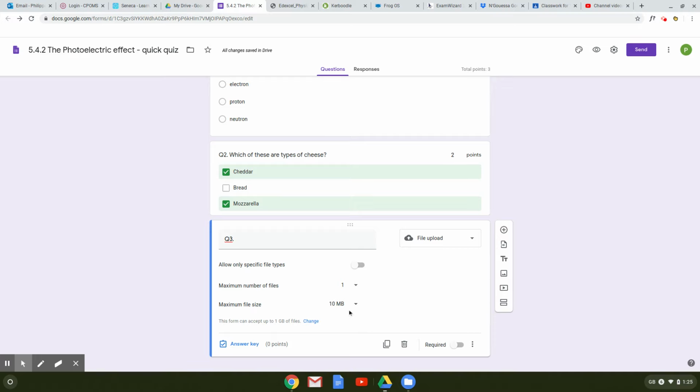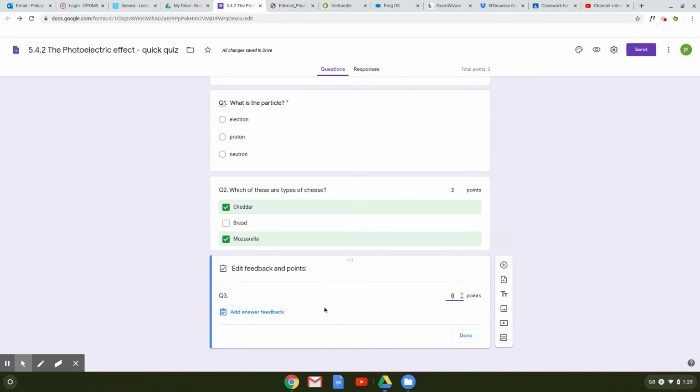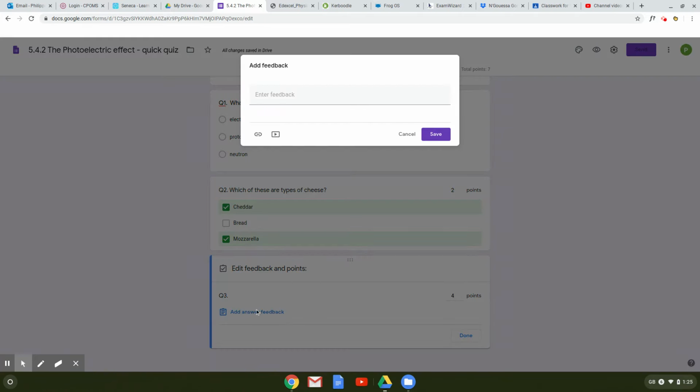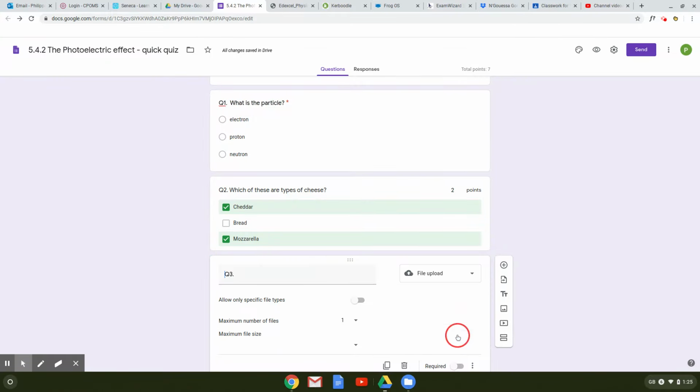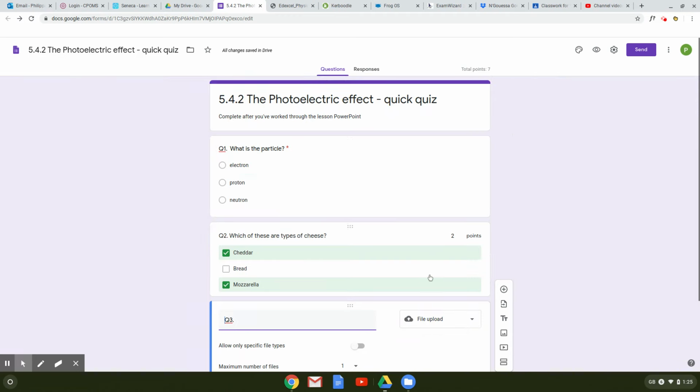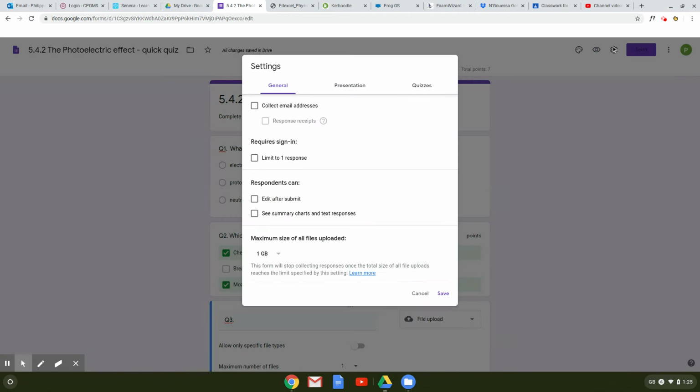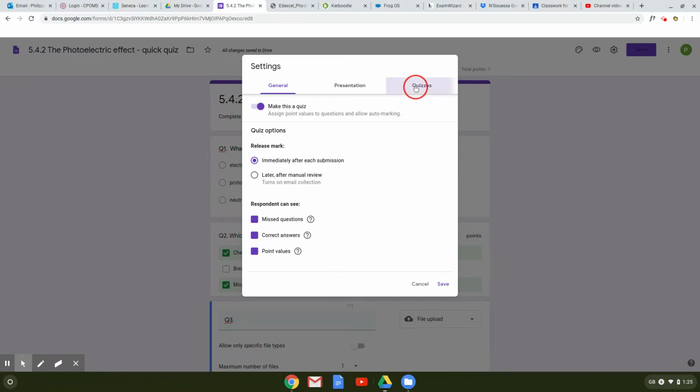And in this case, the answer key, you can still say it's a 4-mark calculation. You can still say it's given 4 points. And you can add feedback yourself here. But what you will do is, okay, so this is where we come to the other trick. If you go back to settings up here, and it's quizzes, if you press the release